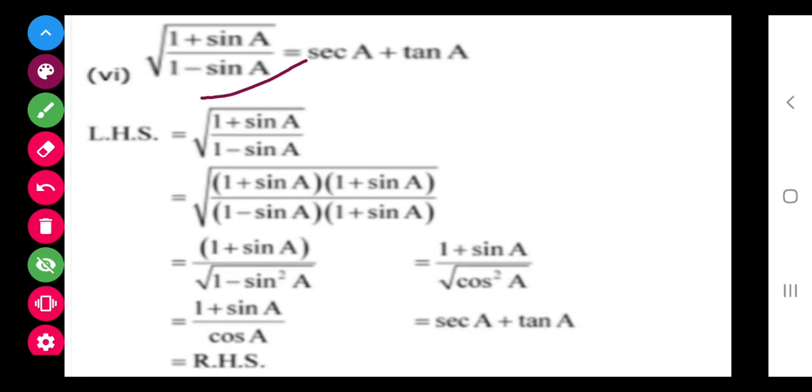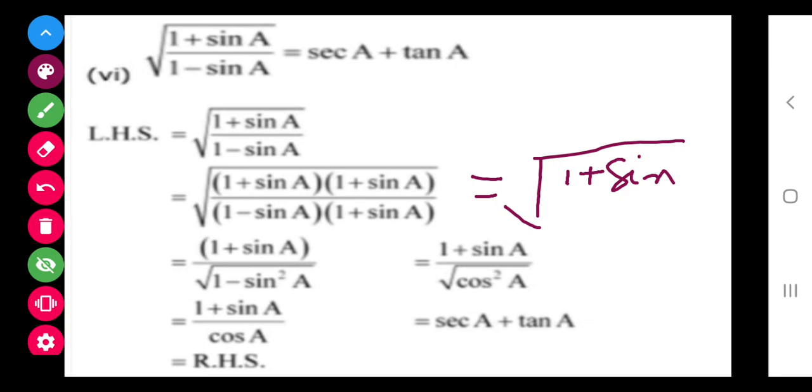Now in this part we have to rationalize. As you know, if you have to solve for a root, you always rationalize. So here also you rationalize. Here in the trigonometry, since this is in minus, we will multiply in plus to the numerator and denominator. Now in the numerator, what will it become? It will become 1 plus sine a whole square, and in the denominator it will become 1 square minus sine square a.